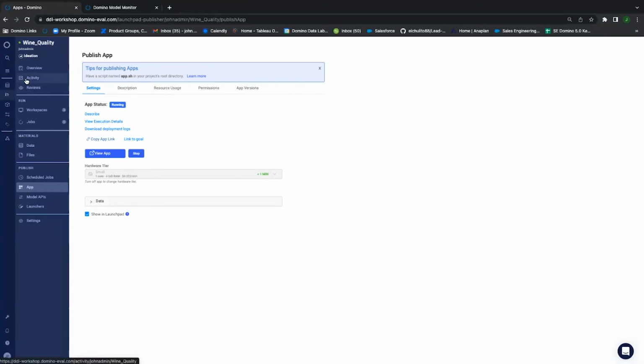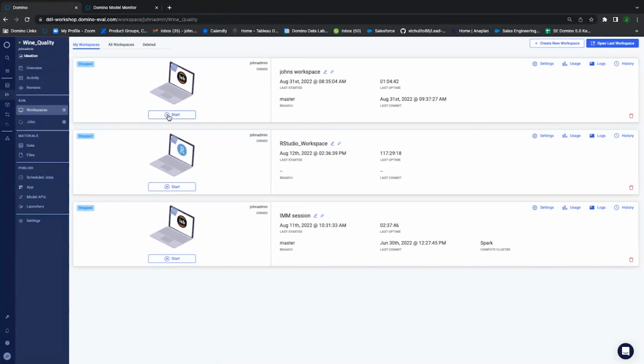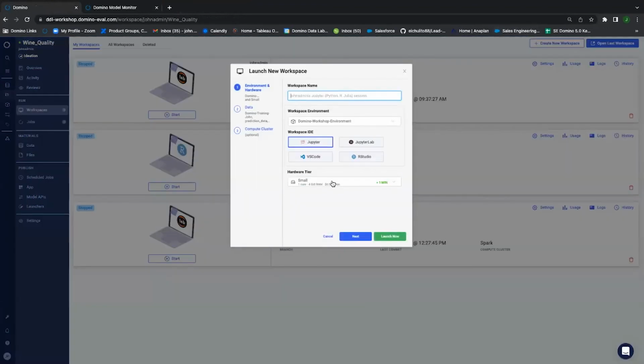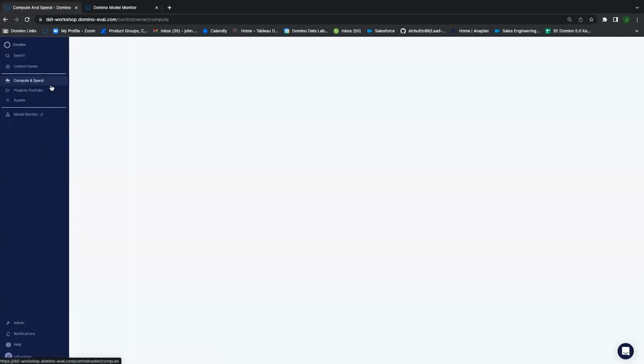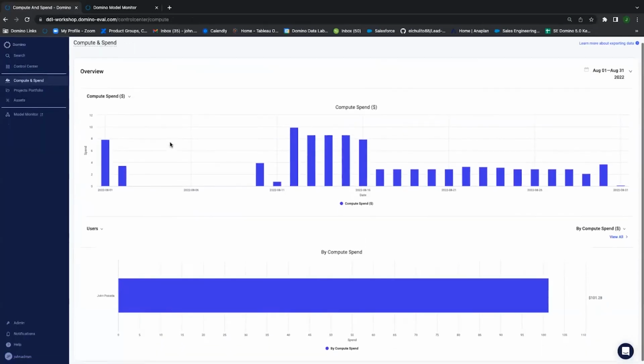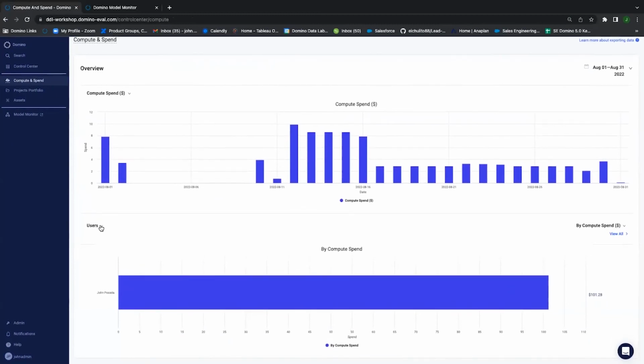Yes, great question. So remember how I showed you hardware tiers before? Let's go back to workspaces real quick. When you create a new workspace, you see here how it showed you the hardware tier. You can see there's a little association of a cost. You can associate costs to hardware tiers however you desire. When you do that, and that's attached to, say, a workspace or a job in Domino, there's an option underneath the left blue nav, for the Rubik's box, where it says control center. If I select this option, I can see the cost that's associated either by user, by organization, by hardware tier, or by project.